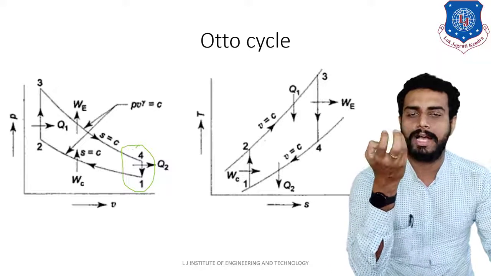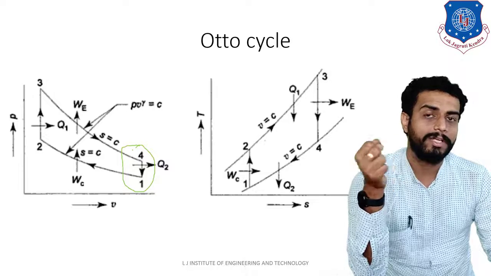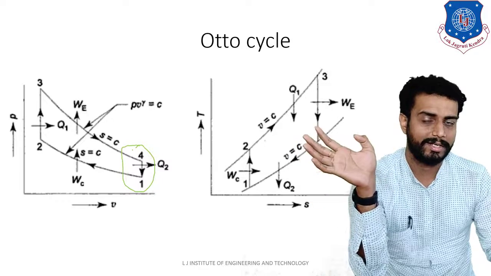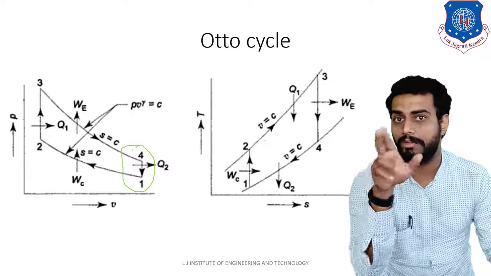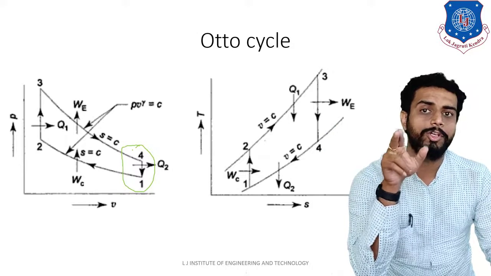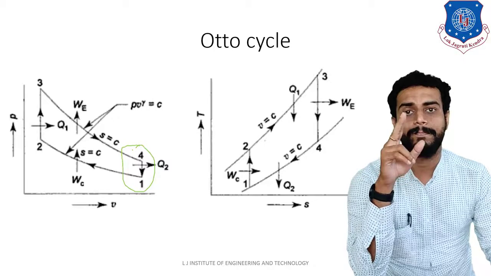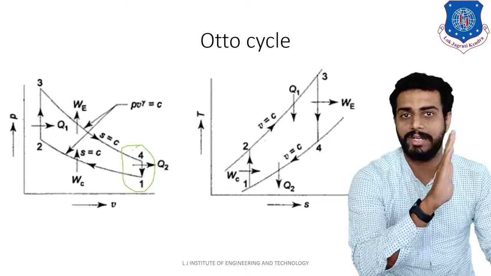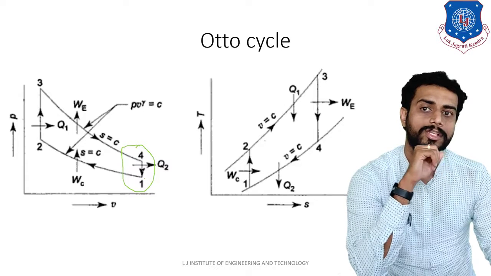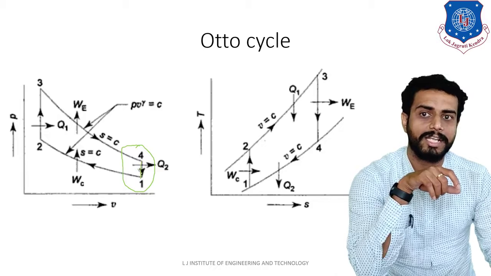You know that the outlet valve will get opened up, right? So during that, what will happen? Heat will be rejected towards the outward side, right? So when heat will be rejected through the valve, that is known as a reversible constant volume heat rejection. I have already explained to you that during 4 to 1, the piston will remain at outer dead center. That is why the volume during this process is not getting changed.